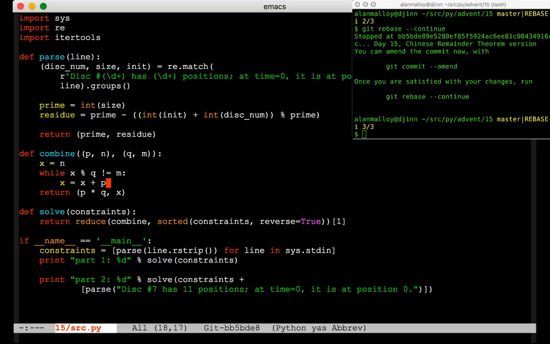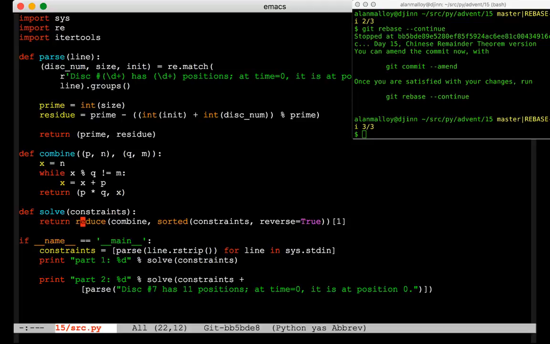We're doing it by adding P rather than just waiting through P time units. And then once it's succeeded, we return a new wheel, which is the two existing wheels multiplied together, using the new combined modulus that we want. And so now, solve,